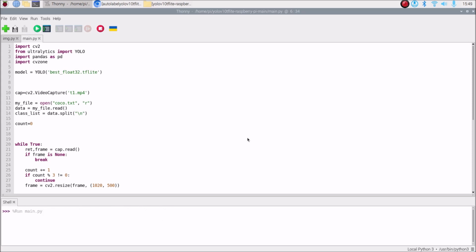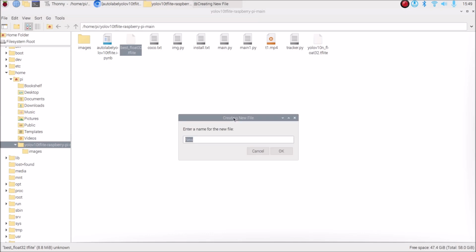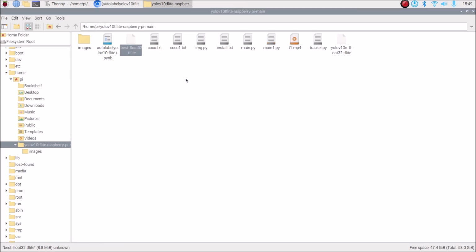Now it will use our own custom object detection model, but I forgot to mention our own label file. So here I will mention coco1 because we have only two classes. So coco1, and I will create inside the repository a new coco1.txt file. So new file, coco1.txt. This is my file name. And where is the file? coco1.txt. Right click, open as a text editor,